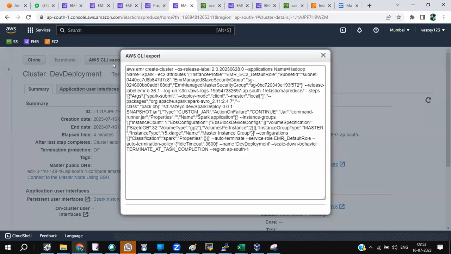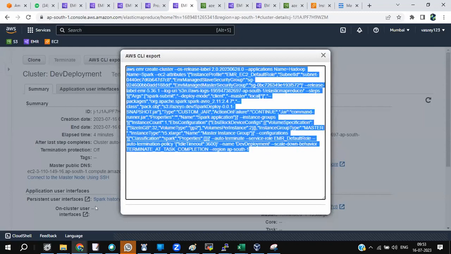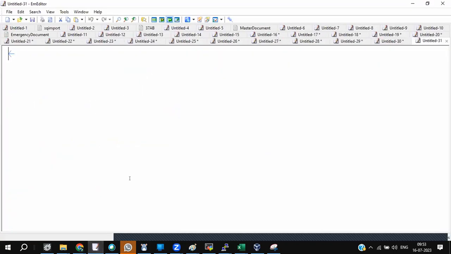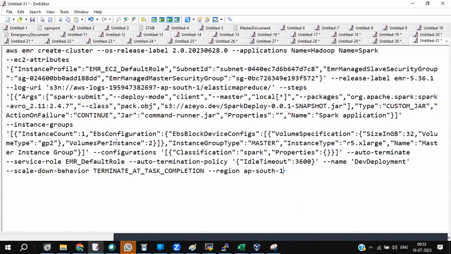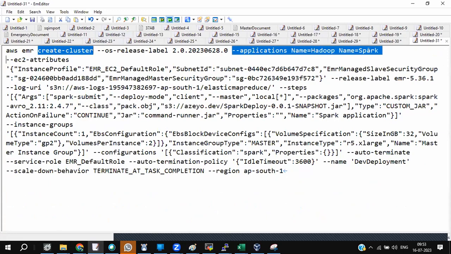Did you see a big script here, all of you? Big lines. Is it understandable or not? Okay, understandable. Let's take this cluster. Now I'll show you what AWS has done for us. Is it a big setup? Now I'll show you only a few areas. Concentrate. Is it understandable? Create cluster. Spark application.